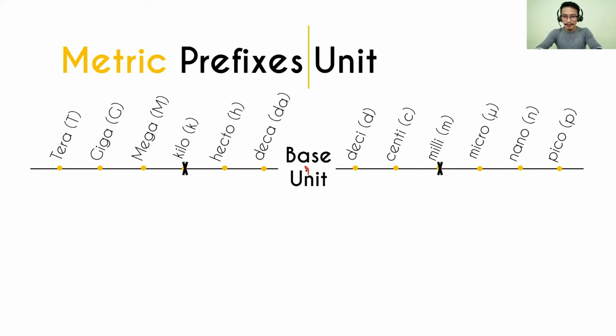Another example of a base unit, grams. Grams is a base unit. Bakit? Because wala siyang prefix. So that is why when we add a prefix to gram, meron tayong kilogram, meron tayong milligram. Or another example of a base unit na pinaka-familiar sa inyo, bytes. Bytes is a base unit. Yang sa memory card, bytes. That is why when we add a prefix sa base unit na byte, we have kilobytes,